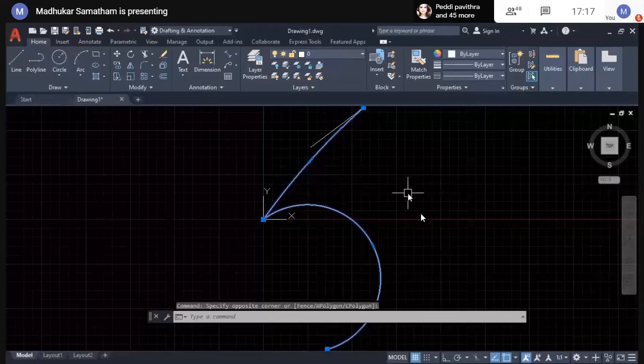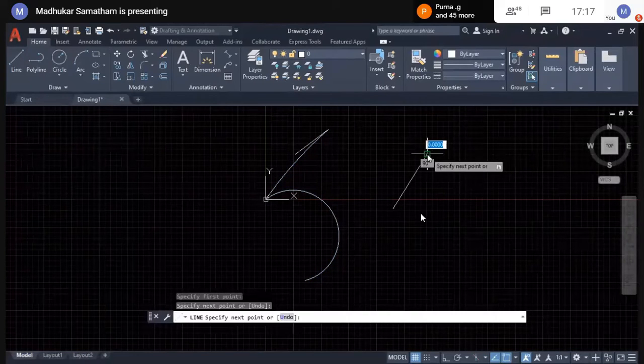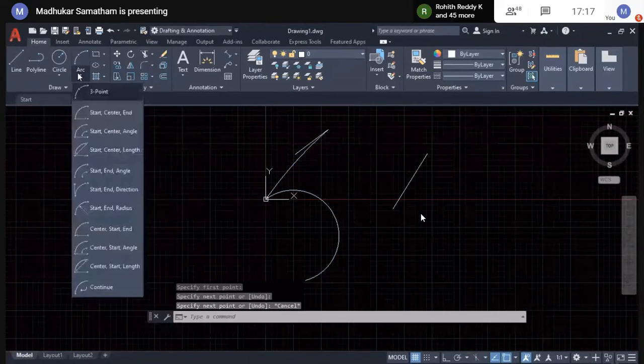Whatever entities we created, it is taken as a single entity. But when you create it with different entities, like line, the same line I'm going to draw, later we can go for the arc: starting point, ending point, and angle.